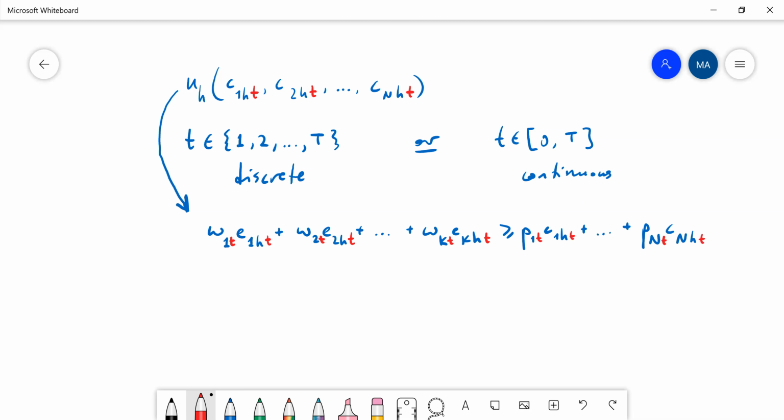Now realize one thing, if there is no saving, once again, you find the demand functions, and these will be the same demand functions. Once again, they will depend on price vectors, all right? But now, this is changing in time because prices are changing and factor prices are also changing, okay? But